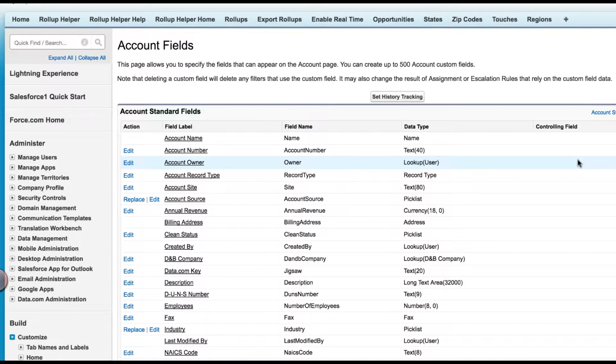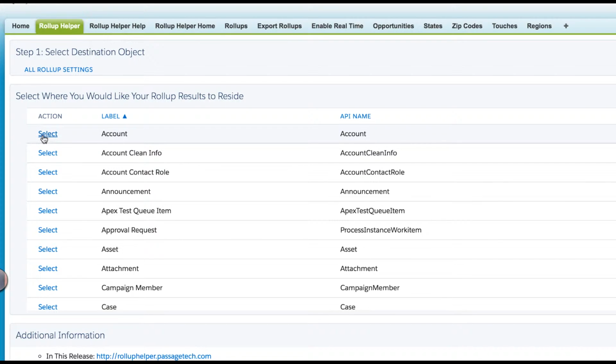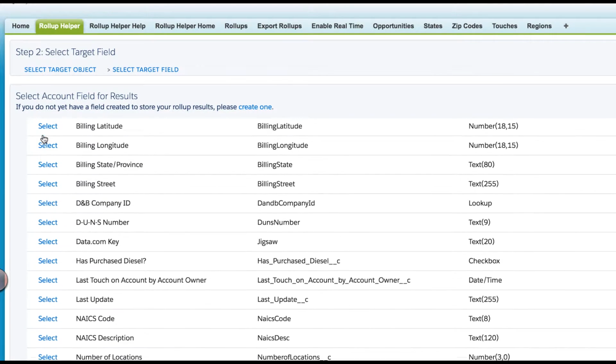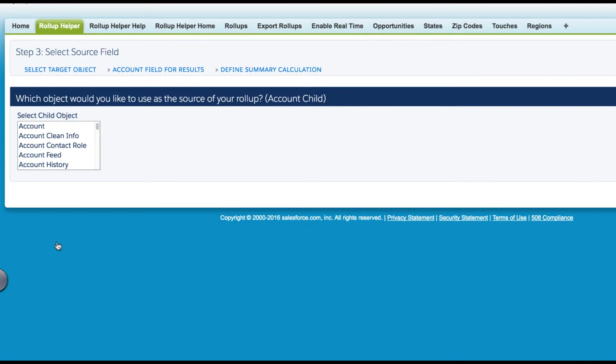Now, once we have that, we can do a roll-up, and this is going to be a cool roll-up. We're going to roll up to the account object, to the has purchased diesel checkbox field. So you can do checkbox roll-ups within Rollup Helper, and we're going to select the opportunity